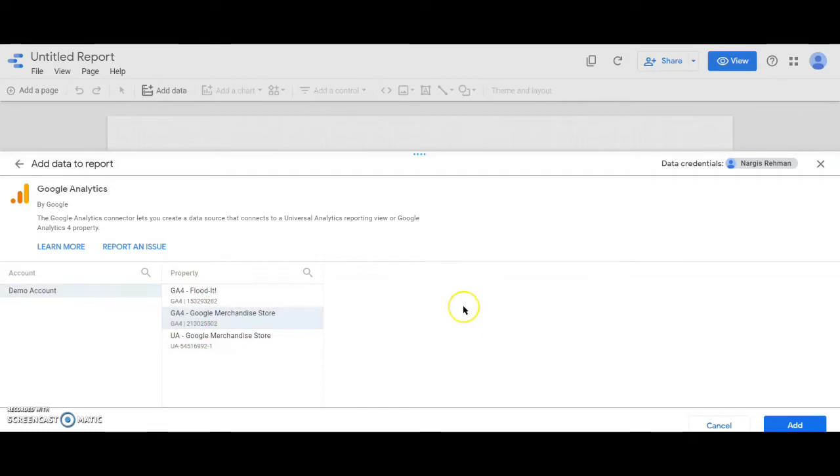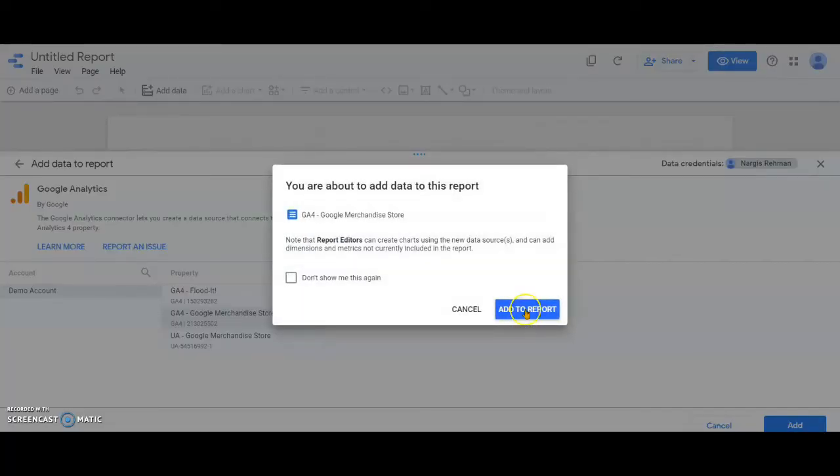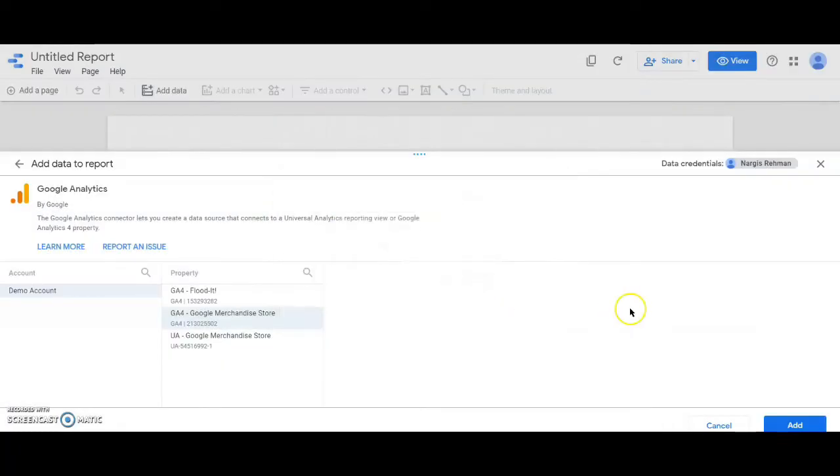So I've chosen the Google demo account, but obviously when you're making reports for your own business, you will link it to your own Google Analytics account, right? So you do that and then we go ahead and click on add, and then add to report.